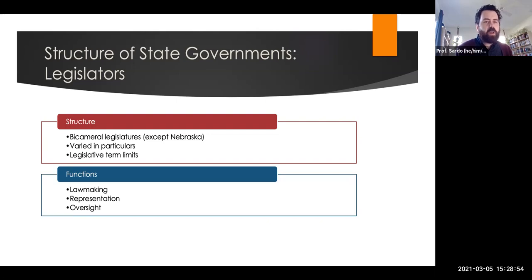So legislatures, much like the Congress, have three main functions: lawmaking, in which they pass laws that govern the state. And every state, except for Vermont, has a balanced budget requirement in their state constitution. And that means that they cannot run a budget deficit. They cannot spend more money than they take in revenue. And this really constrains policymaking at the state level, because they cannot simply write a check that they cannot cash like the federal government can.